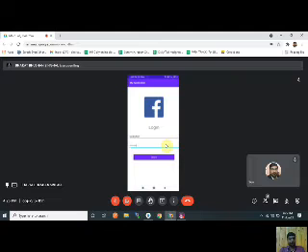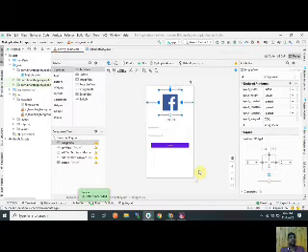So in this lecture, we add the constraint layout. What is the constraint layout? Constraint layout is a view group that has constraint values which set the relation of the components to each other. Then it is the best layout of all layouts. It also supports linear layout and relative layout inside the constraint layout, and it is the default layout of Android Studio.